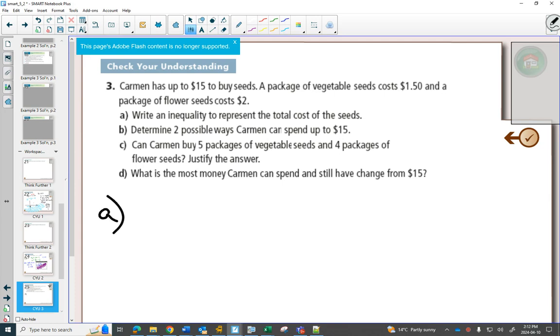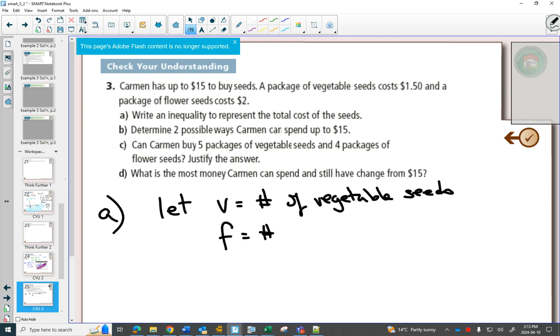Now we can use any letters we want. Sometimes students are partial to x's and y's because they're used to y equals mx plus b. Sometimes they like to use letters that go with what we're doing. So if you want to say, let b equal the number of vegetable seeds and f equal the number of flower seeds,